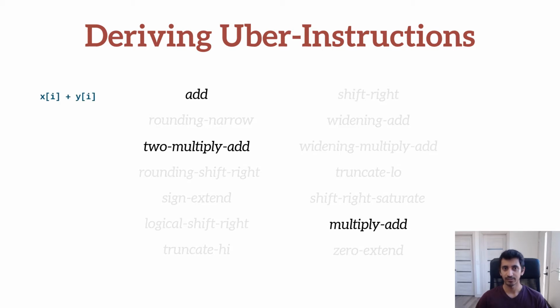We have the add instruction that adds the elements of the two vectors together. We have a multiply add instruction that multiplies the elements of the first vector by a scalar before adding it to the second vector. And we also have the two-multiply add instruction that multiplies the elements of both vectors before summing the results together. If we rewrite these expressions slightly, we can see that both the add and the multiply add instructions are merely specializations of the more general two-multiply add pattern. In fact, we can view all three instructions as a specialization of the even more general n-multiply add pattern.